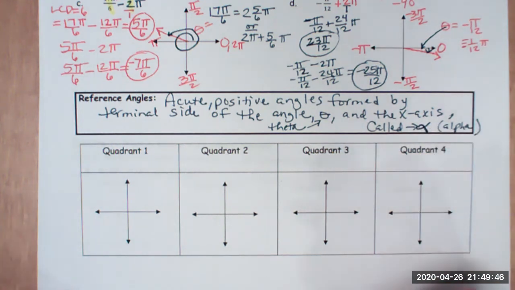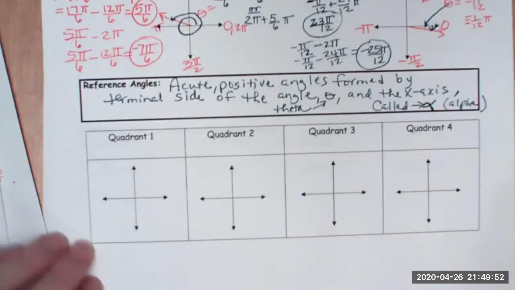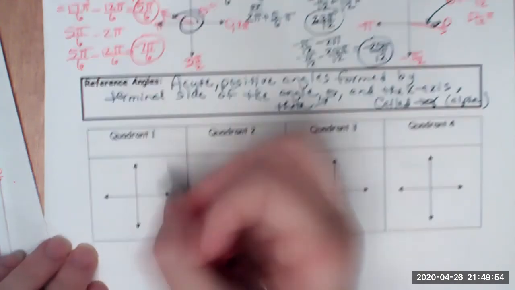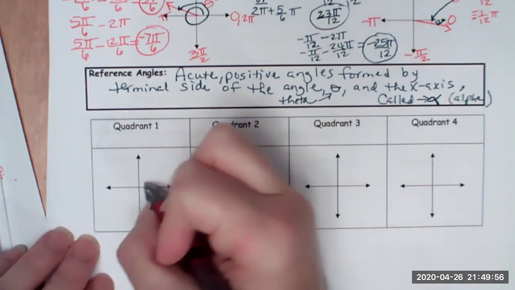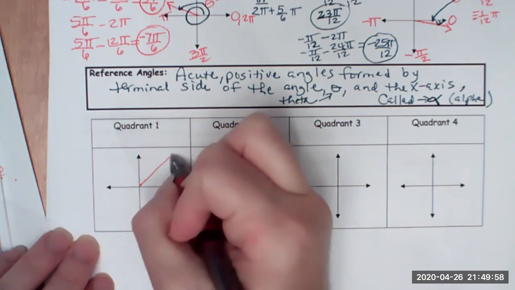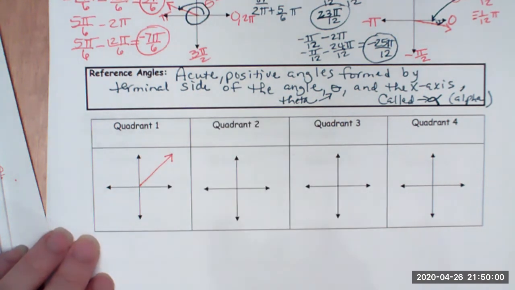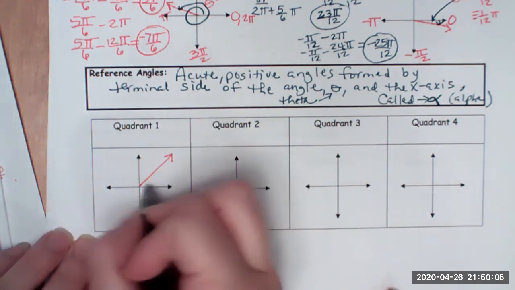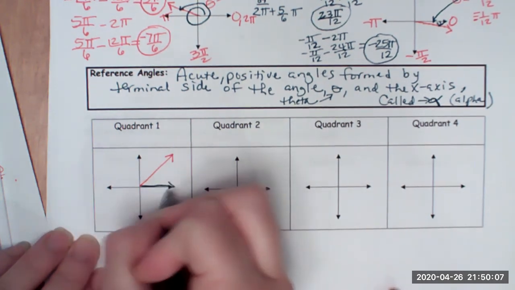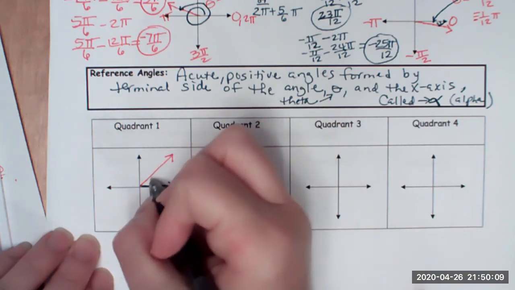Okay, so what do we mean by a reference angle? Well, for example, in quadrant 1, if I have an angle that has a terminal side in quadrant 1, and of course its initial side is on the positive x-axis, and here's the rotation,